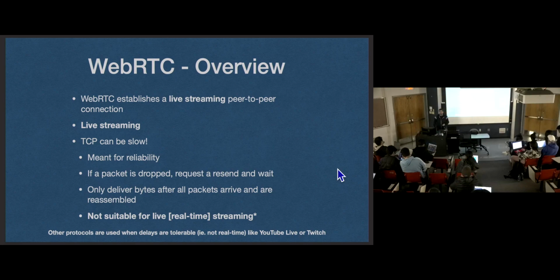TCP is not made for performance. It's made for reliability. Your message will get there. Even if the internet's being destroyed, it's going to find a path. As long as there is a path that still exists to the other destination, it's going to get there eventually. So if a packet's dropped,